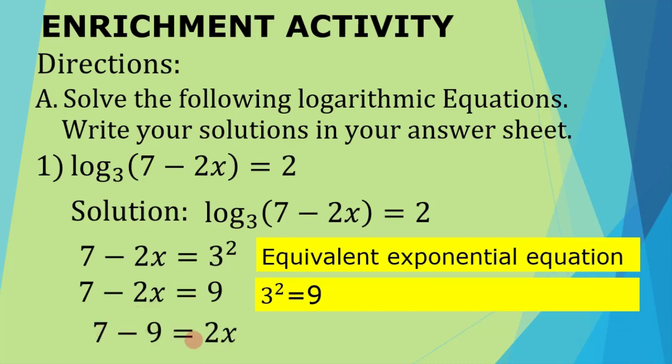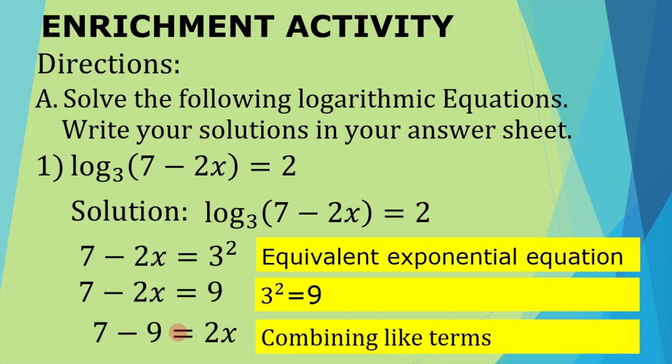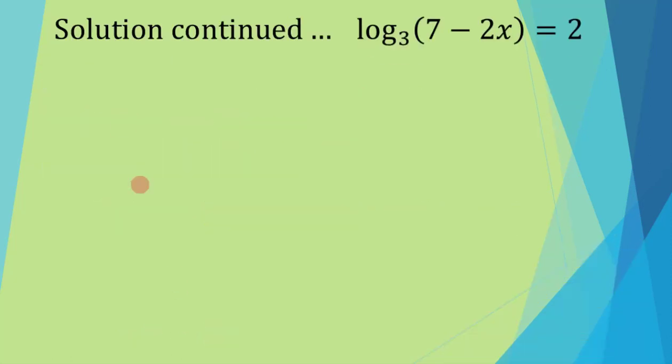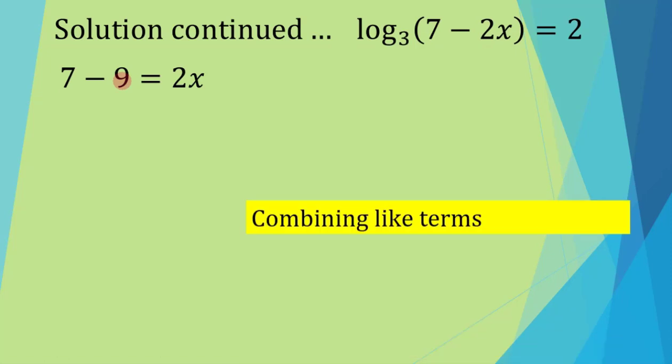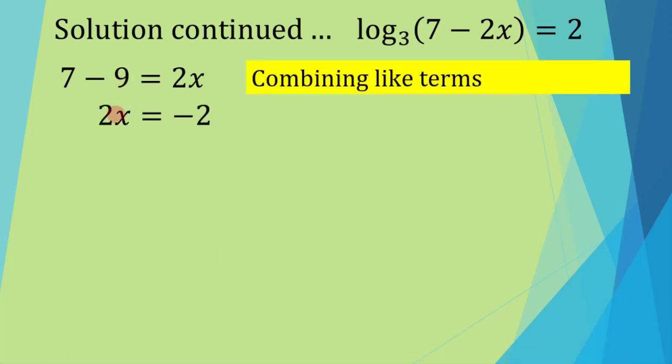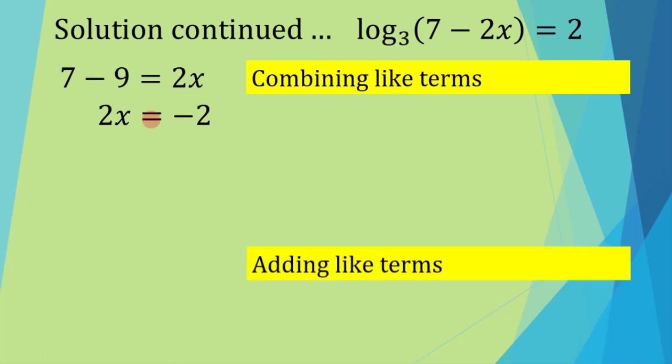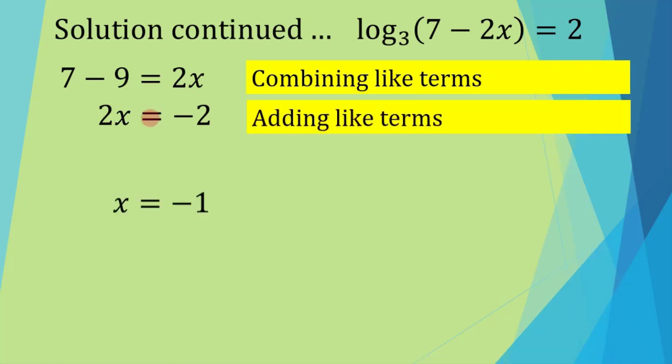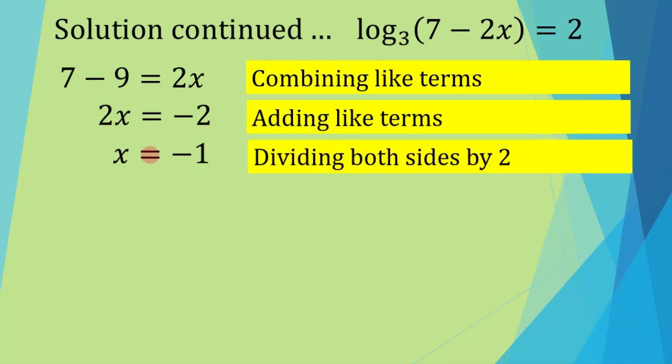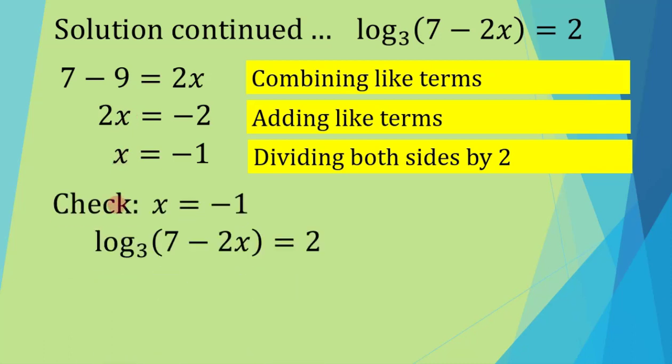And 7 minus 9 equals 2x. Combining like terms. Then we have 2x equals negative 2. Adding like terms, and eventually x equals negative 1. Dividing both sides of the equation by 2 to get the value for x. So let's check